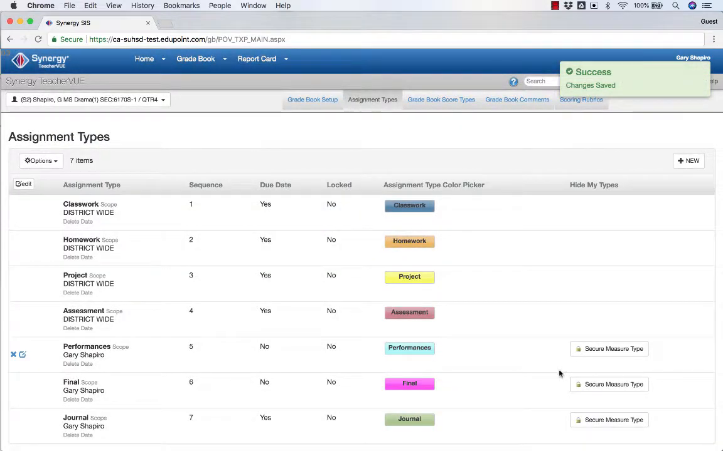In addition to that, if I want to delete or edit one of these assignment types, you can see I've got those two buttons here right on the left side next to the assignment type. So let's say I want to delete the journal assignment types. I can click on that X and I can be prompted to delete. I can also edit,